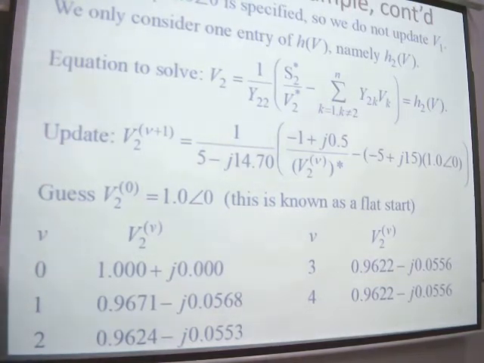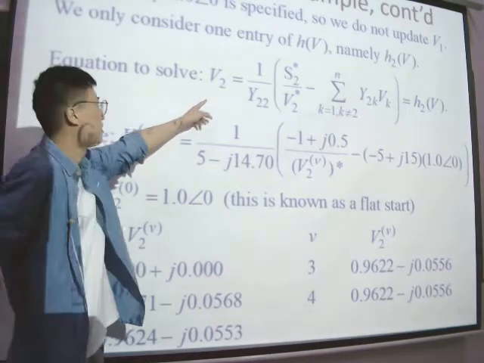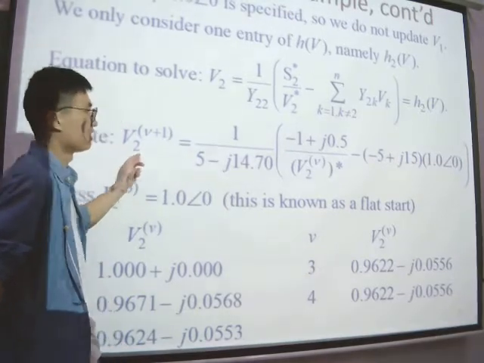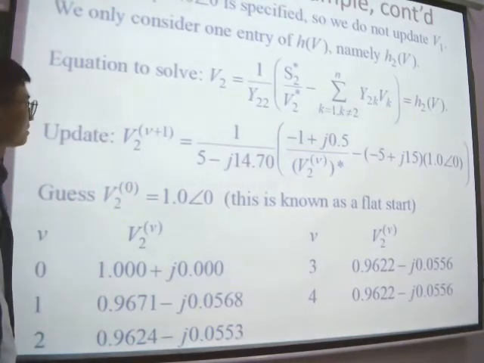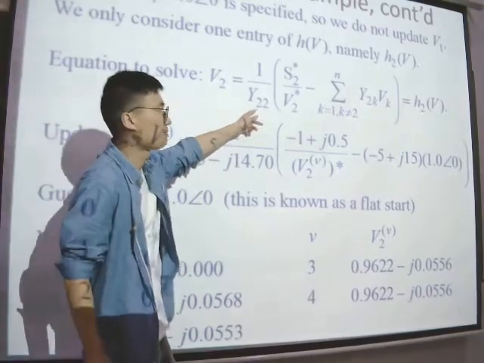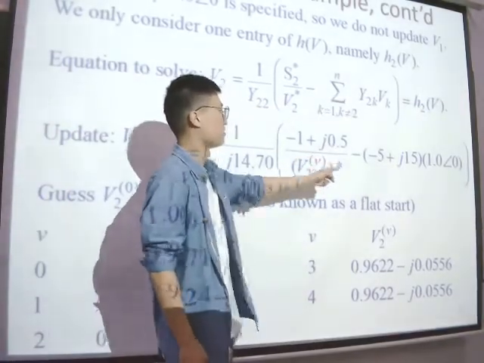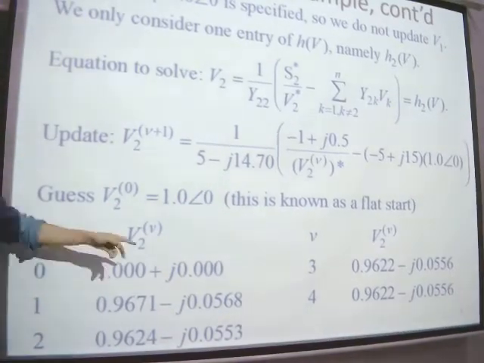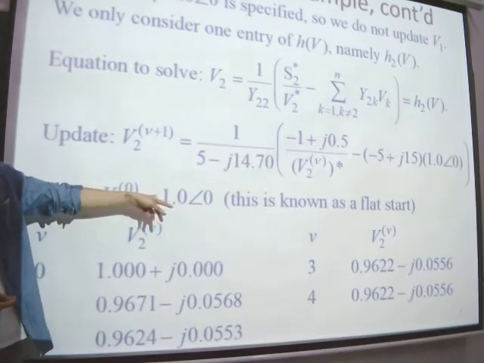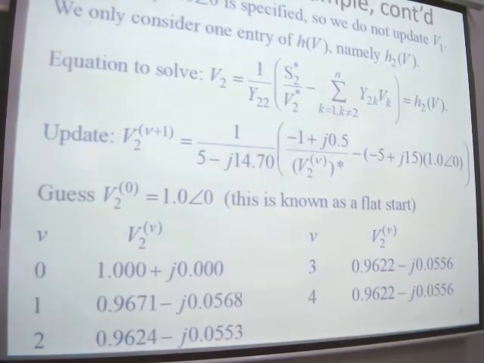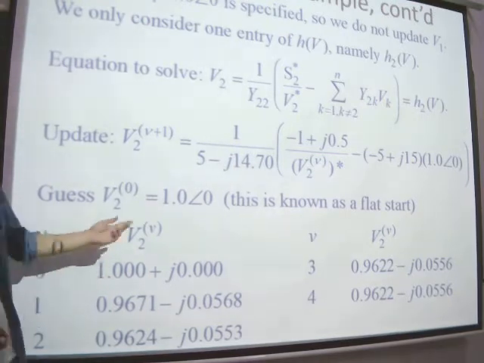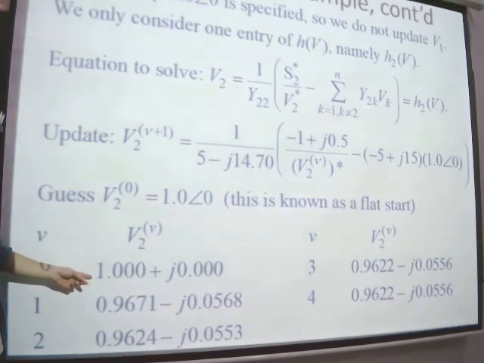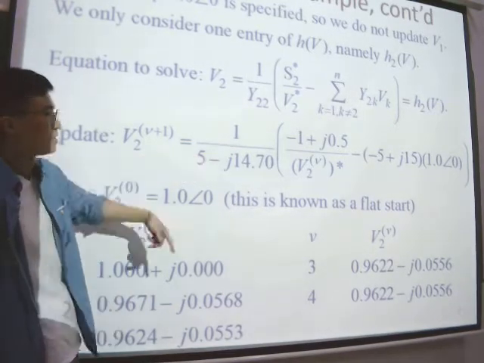So that updates V. This is step 1, and this is the next step 2. This is the update equation. Okay, update. So we have to put every known parameter inside this. We assume that the initial value is also 1 volt with 0 degree angle. Okay, this is the flat start. This is the first step, the initial value,